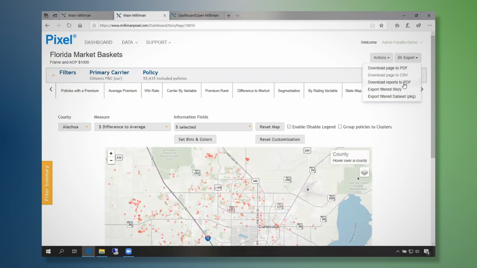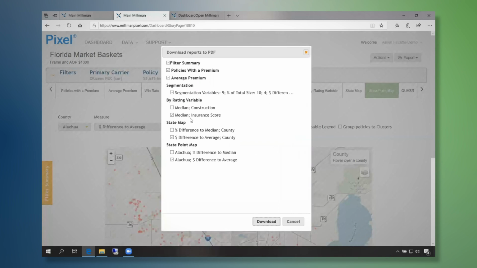So the way you can do that is click the download reports to PDF. And this will essentially let you check off which of the different views you wanted to save into your PDF to then send off to a colleague or save for your records or put into a PowerPoint or whatever you want to do.